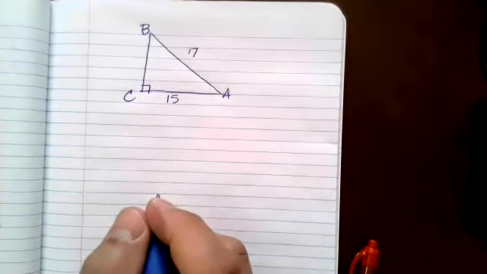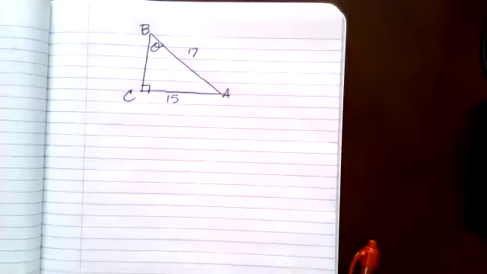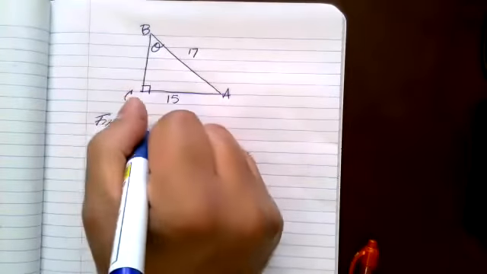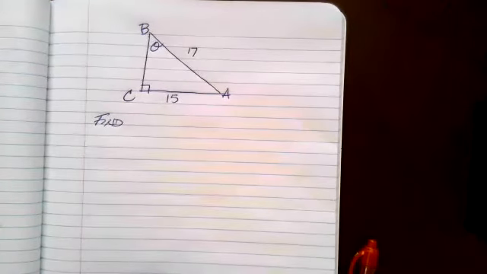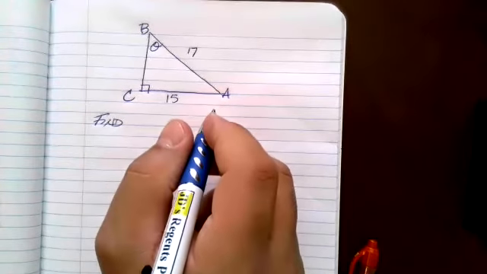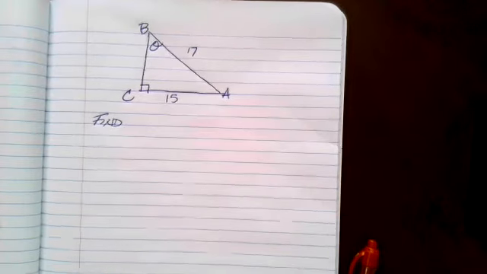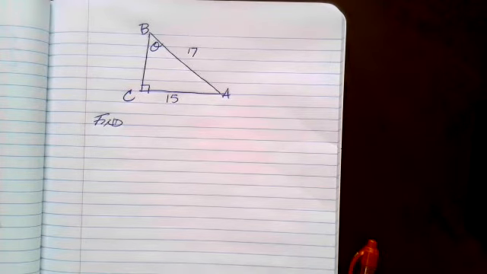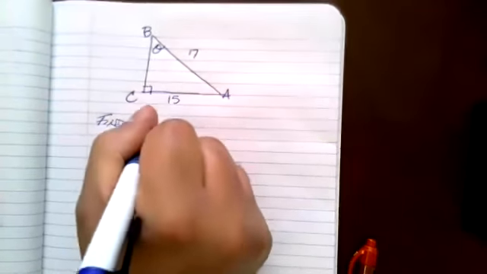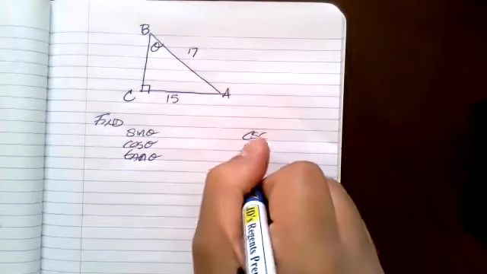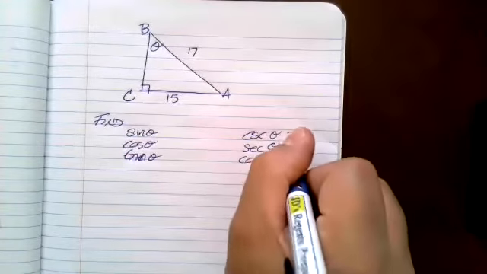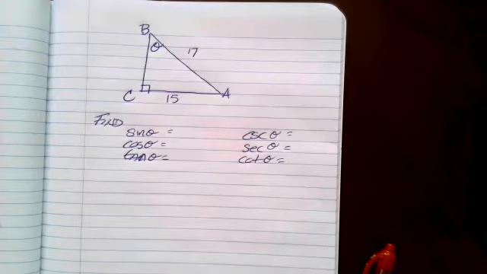So in this example, I'm going to put theta up here. Find the 6 trigonometric function values of theta. I'm going to read what it says actually in the book, but that's what it's going to say, something to that effect. You can try those. Find the value of each of the 6 trigonometric functions of theta. That's how it's stated. So that means they want you to find sine theta, cosine theta, tan theta, cosecant, secant, and cotan theta. Given this information. So theta is up here,